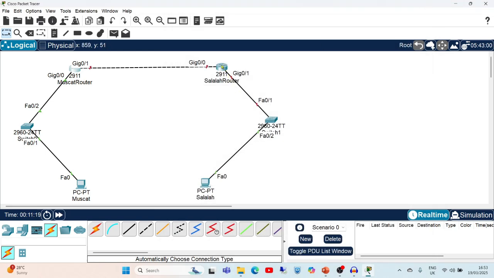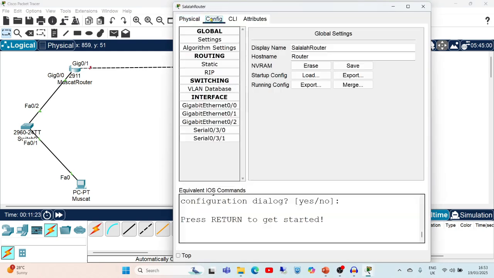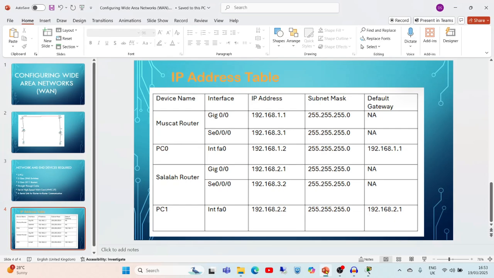Again open the Salala router. We are going to do the same process. Open the configuration. If you observe, within the Salala router, it again has gigabit Ethernet interface 0/0 with address 192.168.2.1.